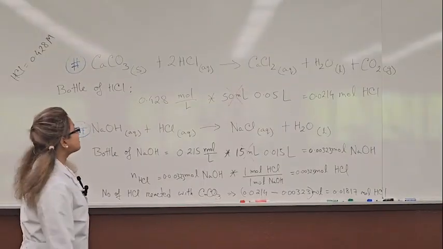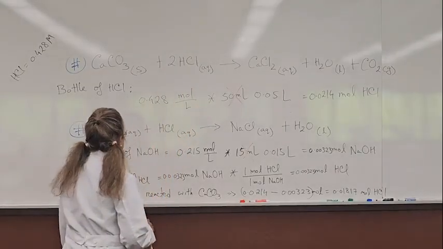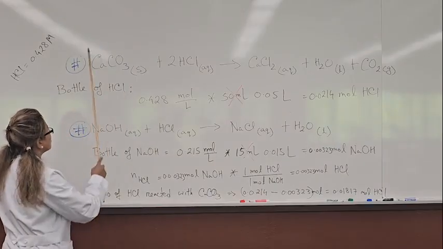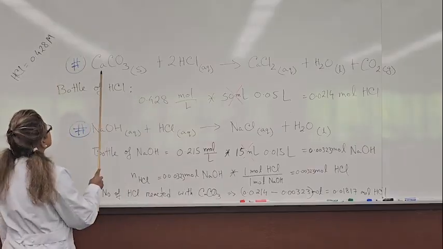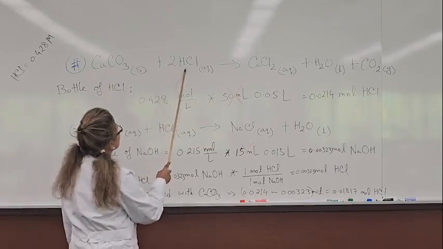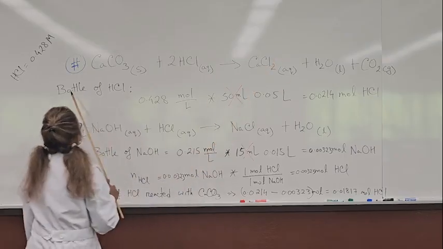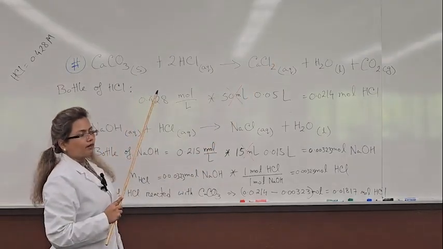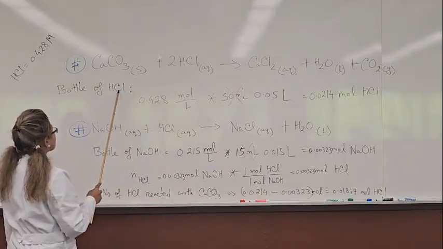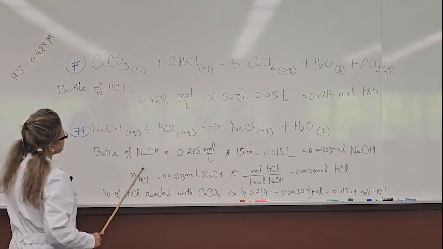So let's come to the calculation part. As I showed you in my titration, I used 15 milliliter of sodium hydroxide, right? So now come to the overall reaction and calculation. First, I use my antacid, calcium carbonate, which reacts with 2 mole of hydrochloric acid and produces calcium chloride, water, and carbon dioxide. Now, in the beginning of the experiment, I showed you that in the bottle there is hydrochloric acid. It showed the molarity, right? It showed the molarity for hydrochloric acid and also for sodium hydroxide.